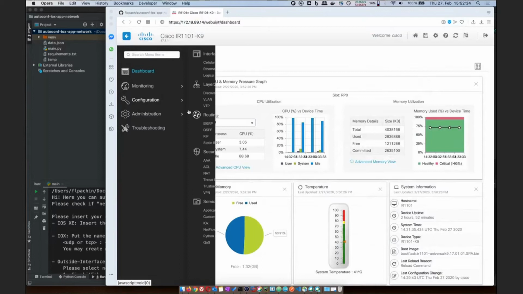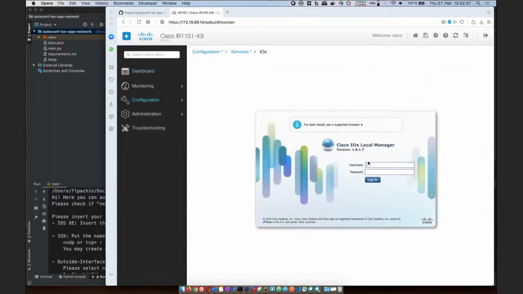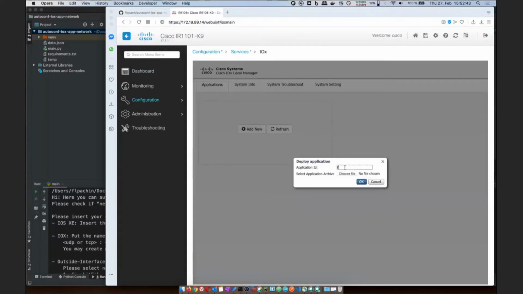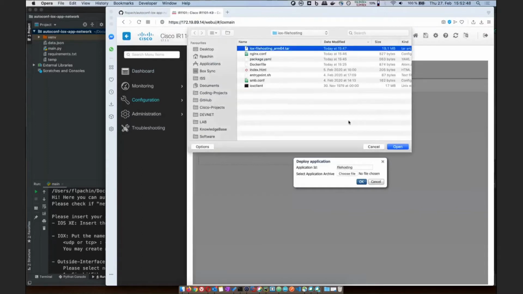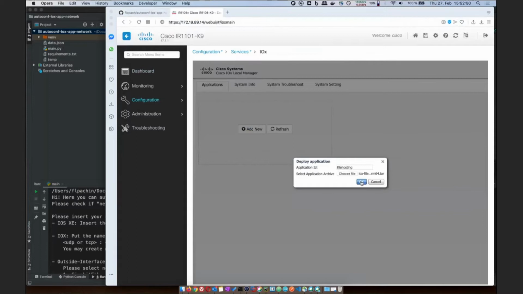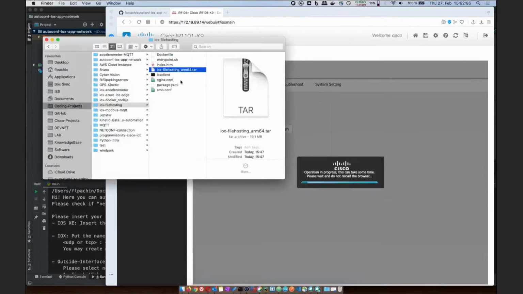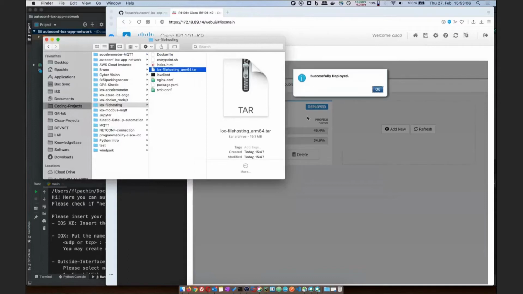So at first I will start, as you can see here, from ground zero. I will open here my IOX manager. In the end I will write here file hosting, choose my file. This is the IOX file hosting. I can tell you about this a bit later. Basically, Nginx is installed and Samba is pre-configured and installed in this IOX application with specific open ports, 5000 for Nginx and